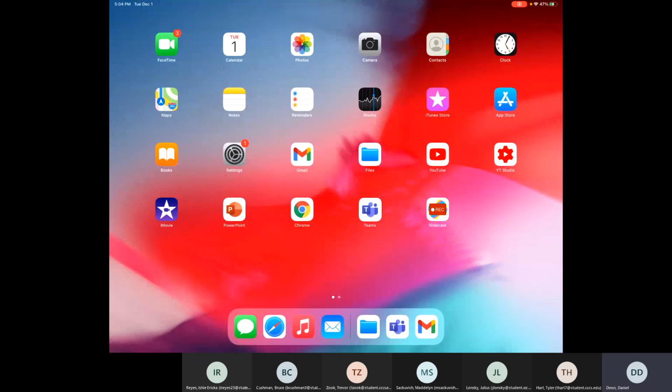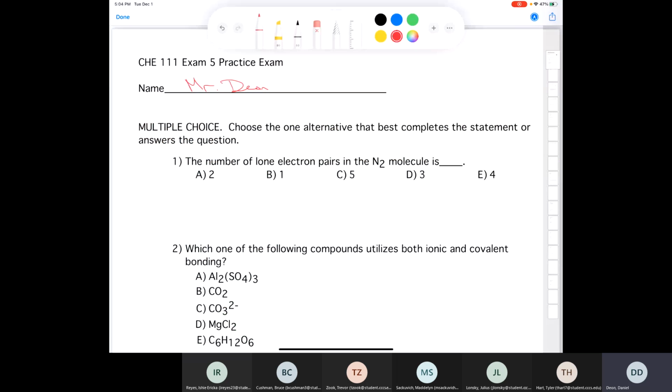All right, Chem 111, this is practice exam 5, our last exam for the semester. So let's get going here. First question: the number of lone electron pairs in the nitrogen molecule is, well, if we look at nitrogen